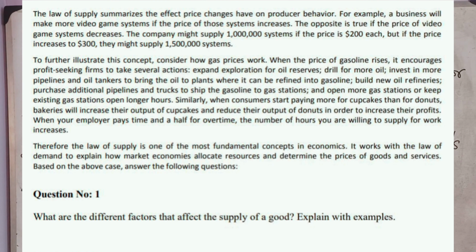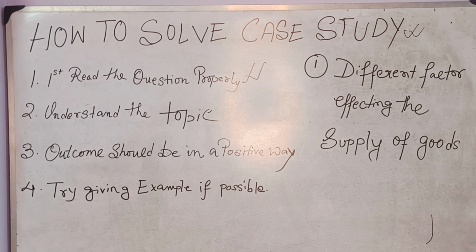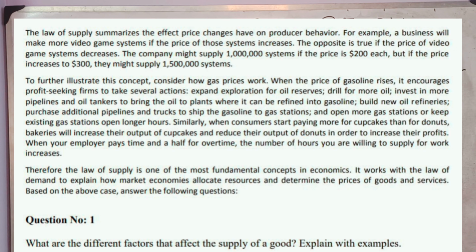For example, here it is from module 1 of economics, economics for management. Here you see that it is about supply of goods, demand, and the question here you can see is different factors affecting the supply of goods. So first is the question, that is different factors affecting the supply of goods. Then this question we will find in the case study which is showing on your screen. Then go to the case study and read, and I am damn sure you will get the answer from that,